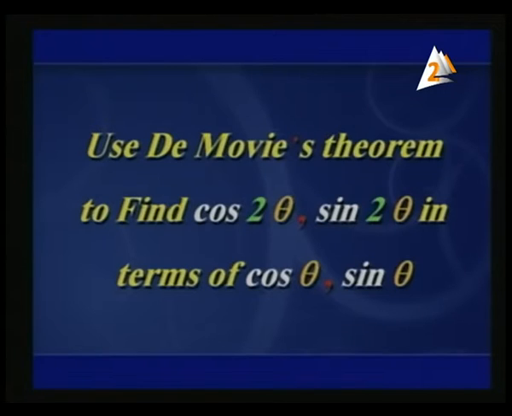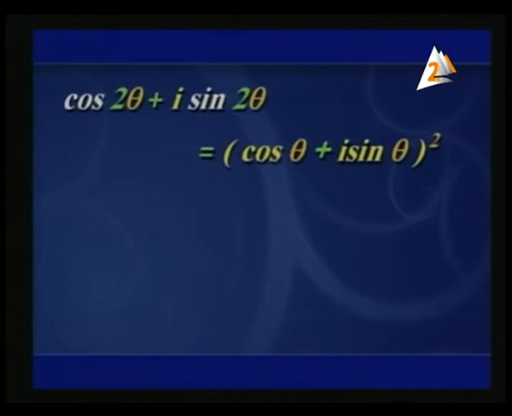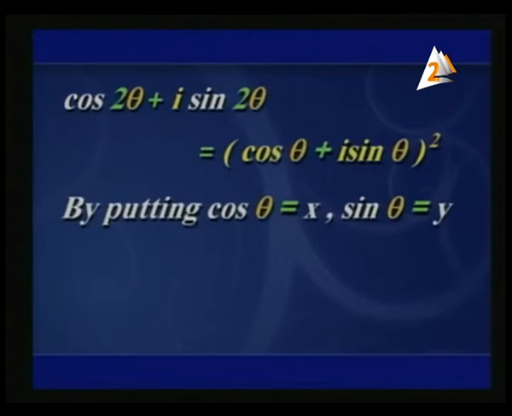Use the De Moivre theorem to find cos 2θ + i sin 2θ in terms of cos θ and sin θ. cos 2θ + i sin 2θ equals (cos θ + i sin θ)² equals,